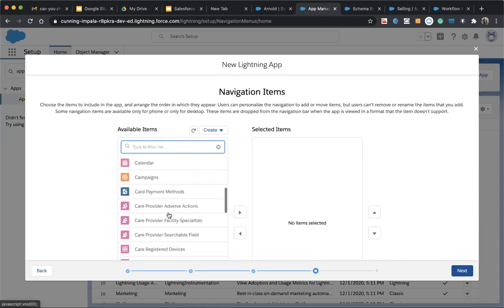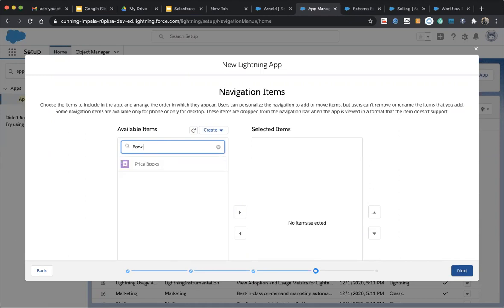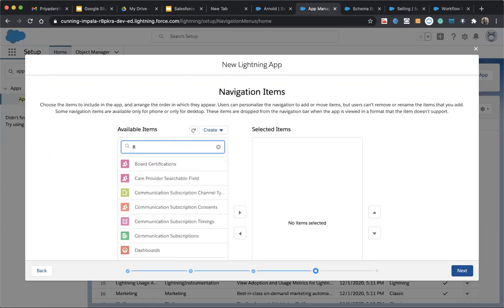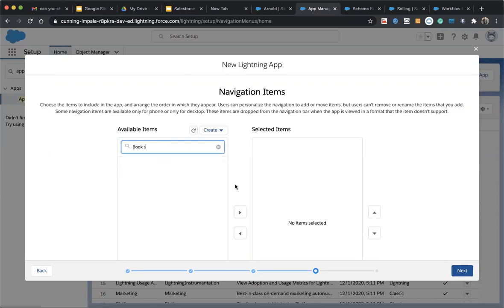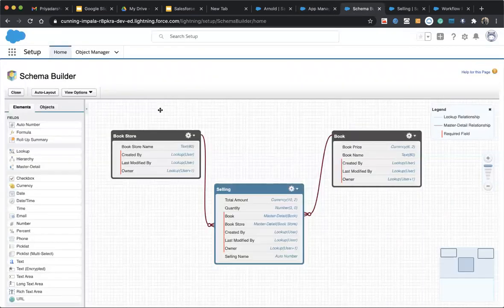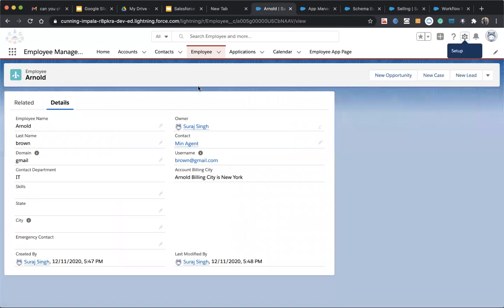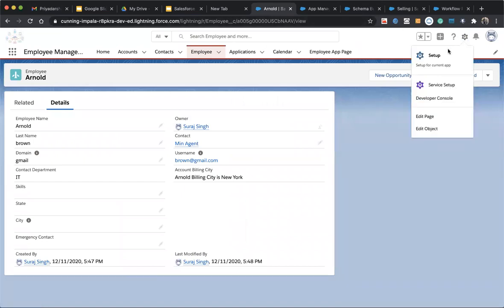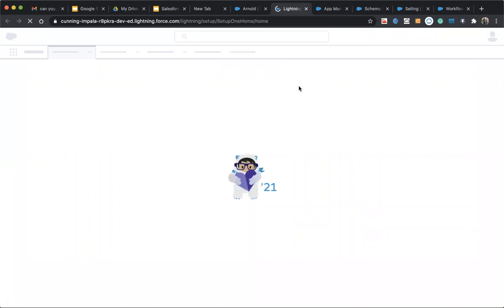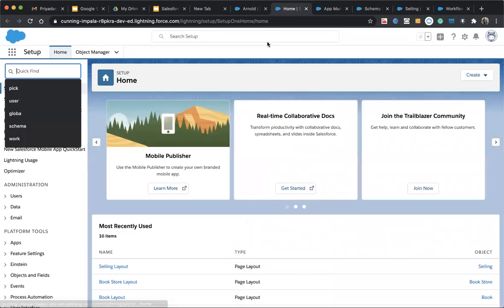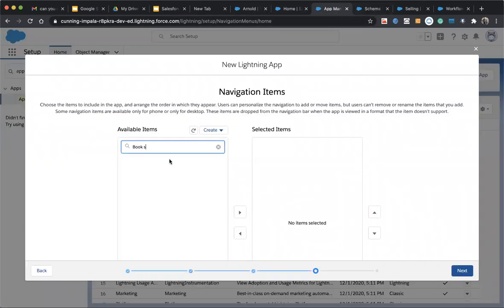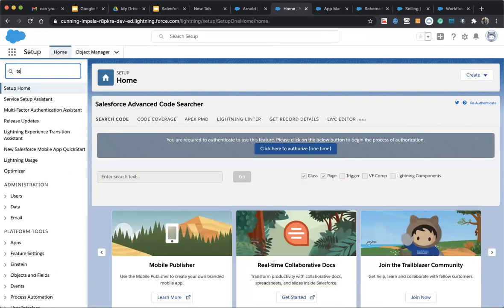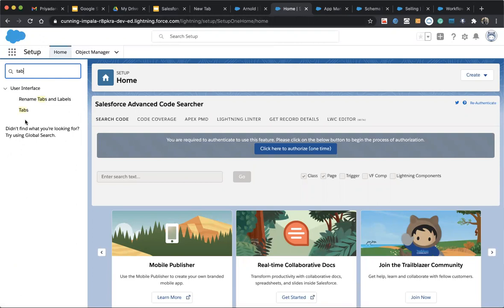One more issue, you can see that your book or bookstore is not available here. Can anyone tell me what the issue is? Why is it not available here? I think you didn't check the item below, the launching the app thing. Because of the tab, I think you didn't. Yeah, correct, because we haven't created a tab set for them.